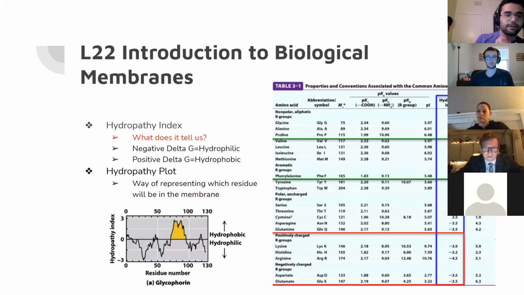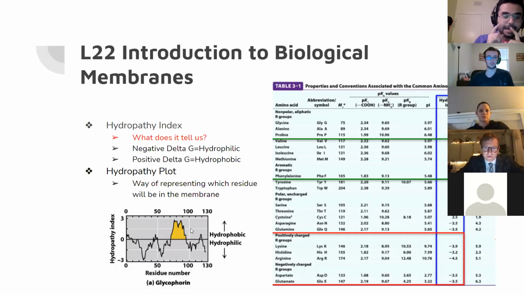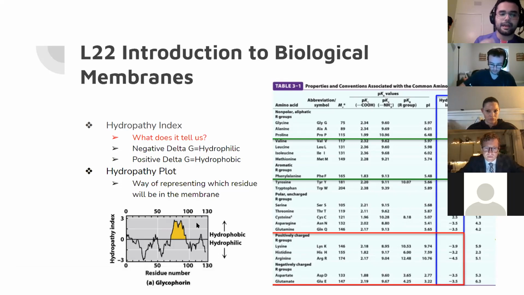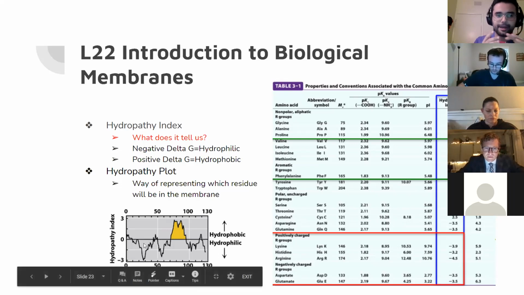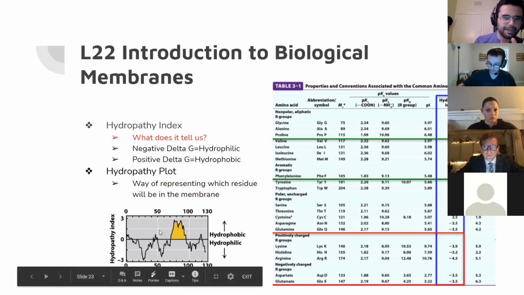Okay. So the big important thing for this is knowing what you're seeing right here. Hydrophobic means it's going to be inside that cell membrane. I trust there is going to be a question on these hydropathy plots, and they're just going to ask how many protein segments are going to be crossing into the cell membrane. So you're just going to have to count the big hills that are on the hydrophobic side of this graph. I know there are some little ones right here, and you're probably asking how am I going to differentiate between them? They're going to make it really obvious. They're not going to make it like, ooh, maybe it is, maybe it's not. No, it's going to be big hills.